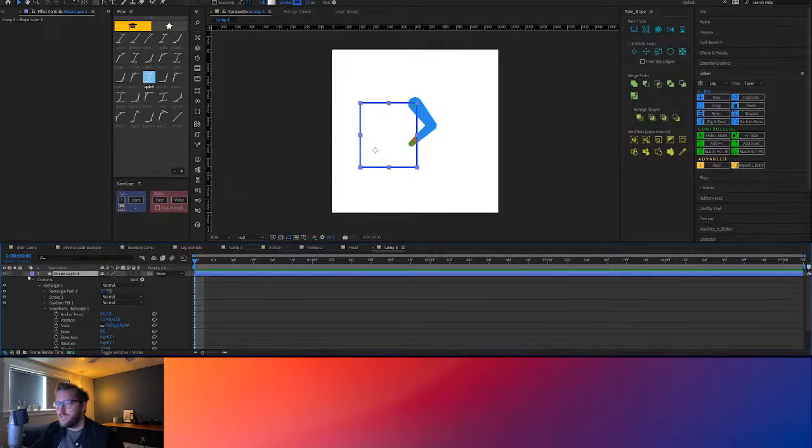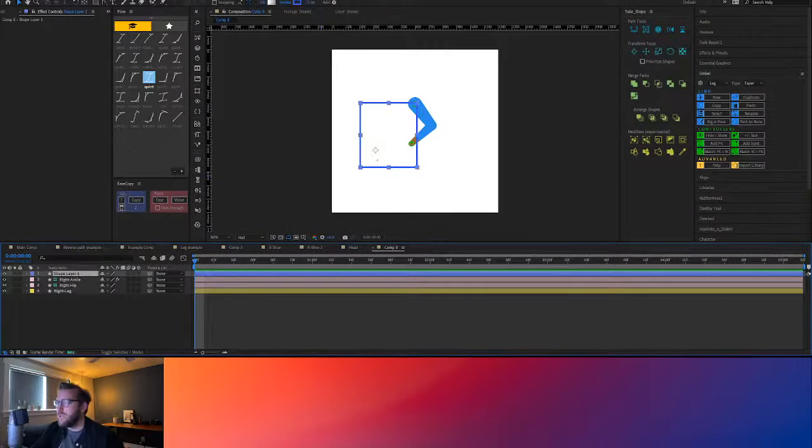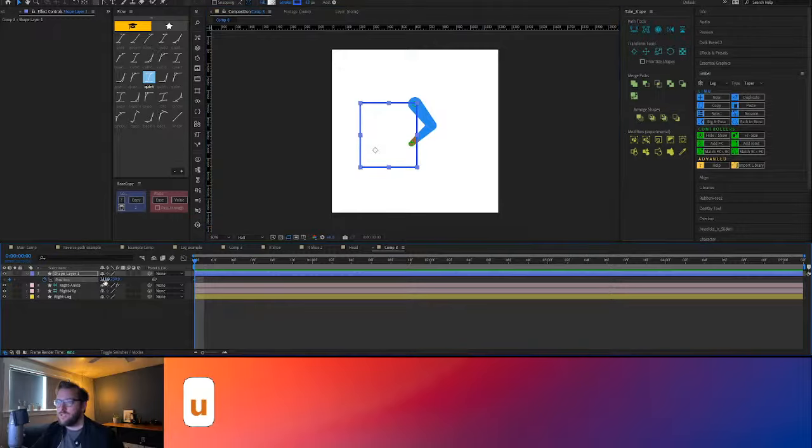Well, with Take Shape, I had it built so that I could just select the shape within the shape layer, hit the position tool, and it adds a keyframe to that position. So now I can animate the position, except that didn't do it right because